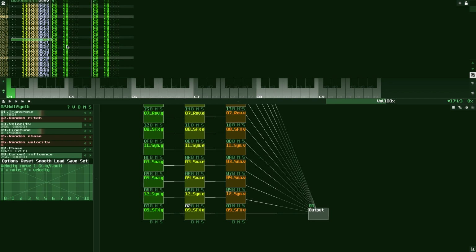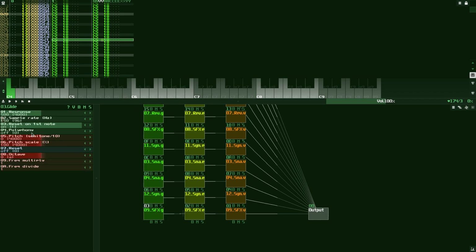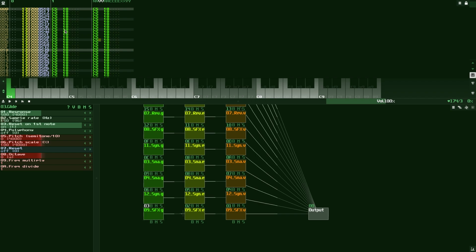Now, how does the sampler not just retrigger repeatedly? Well, that's what this glide is for. So I discovered that if you turn off polyphony and turn on reset on first note and then put down 2 notes side by side like so, essentially what this does is it triggers it once, and then all subsequent triggers don't actually re-trigger the note. Instead, it essentially holds it, it sustains it,